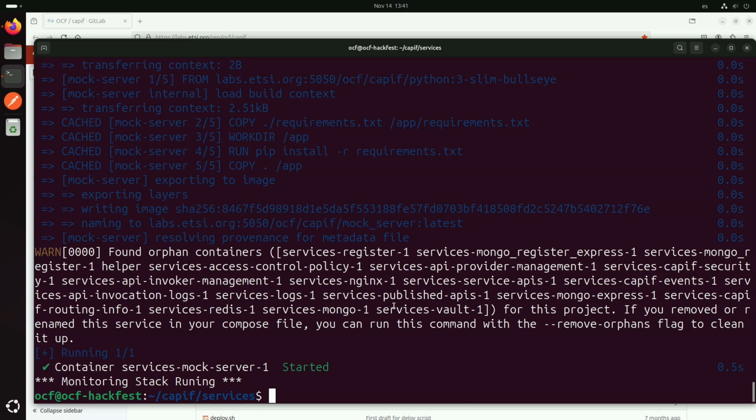The next one is the CAPIF itself. As you can see, there are several microservices. In fact, there is one microservice for each API defined by 3GPP. The meaning of that is we are oriented to deploy it in Kubernetes. Then we want to split services for each API. And also we have